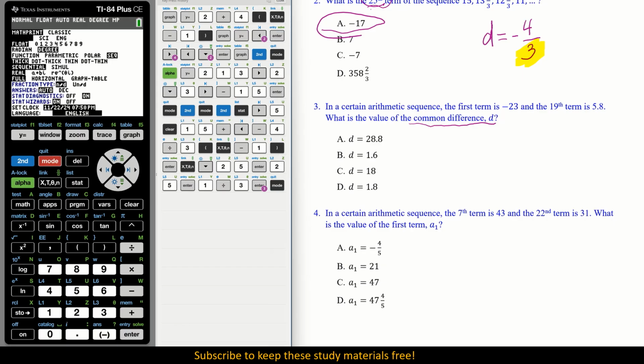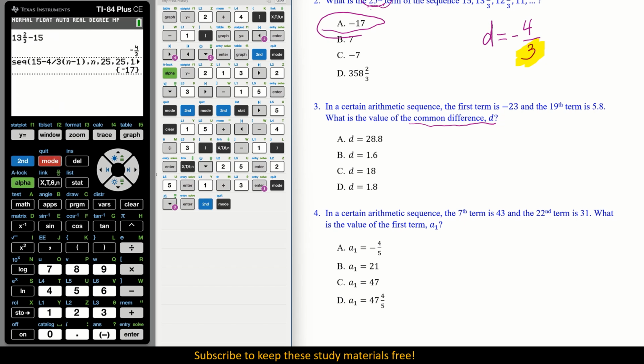So we need to go to our mode, go down to our function, highlight it to back us out of sequence and into the function that we always use, okay? Kind of like our default. All right, let's go second mode, go back. Now, what we need to do is set up. So what we have is we know the value of the 19th term, okay? So that's